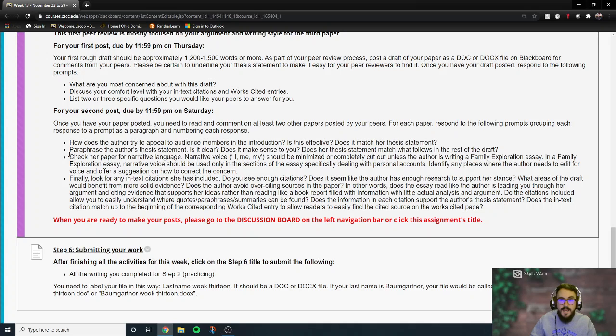For your next paragraph, check your partner's paper for narrative language. Things like I, me, my. Those should be minimized or completely cut out of the paper unless you are writing the family exploration essay. In a family exploration essay, narrative voice should be used only in sections of the essay specifically dealing with your own personal or familial